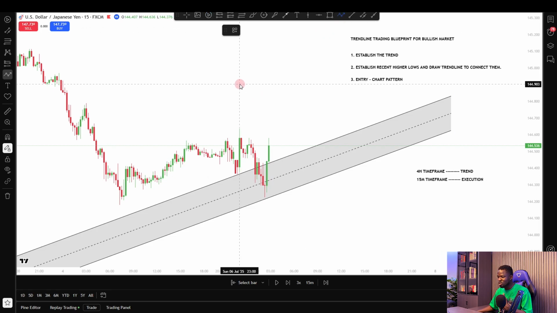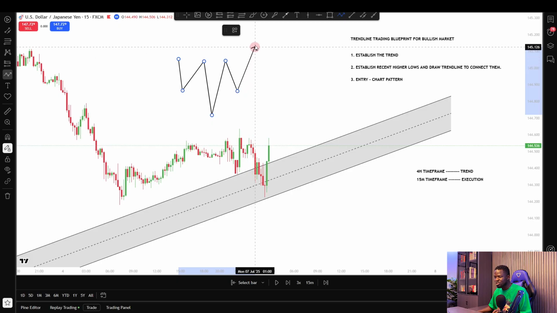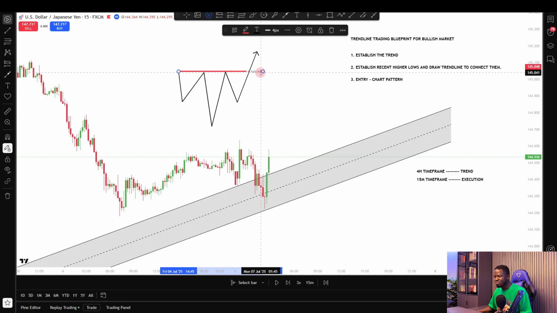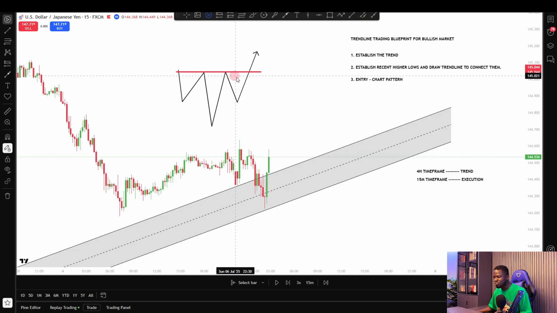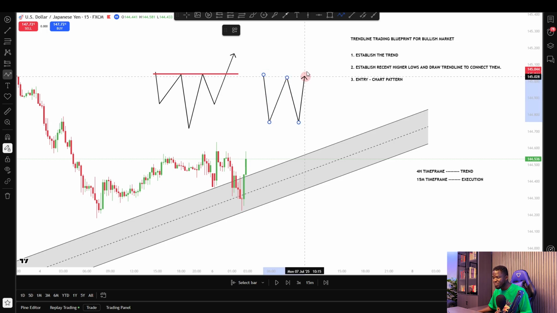And what are the chart patterns we normally use to execute buy position? First one is inverse head and shoulder. Whenever we spot the formation of this inverse head and shoulder, we have to exercise a lot of patience and wait for the price to break the neckline before we execute. We want to see a bullish candlestick to break the neckline of the inverse head and shoulder. The second chart pattern we normally use for buy position is equal low or double bottom. And to use this double bottom, we must wait for buyers to break the neckline of the double bottom at